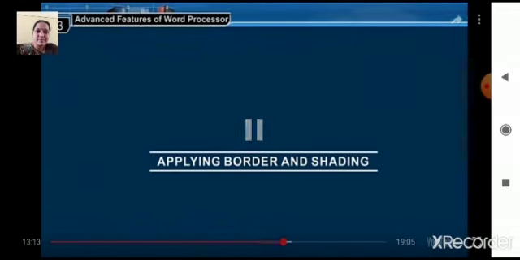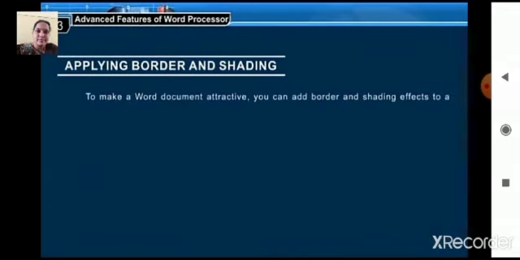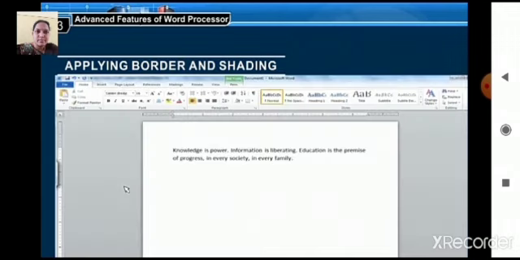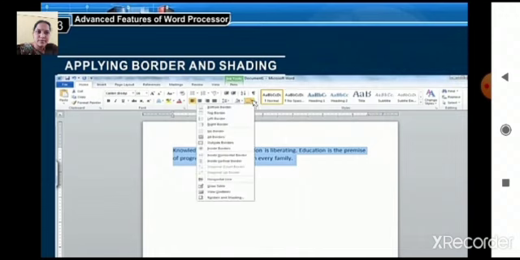Applying borders and shading. To make a Word document attractive, you can add border and shading effects to a paragraph or to the entire page. To do this, follow the given steps. Step 1. Select the text in which you want to add border. Step 2. Click on the drop-down arrow of the Borders and Shading button in the paragraph group on the Home tab. Step 3.